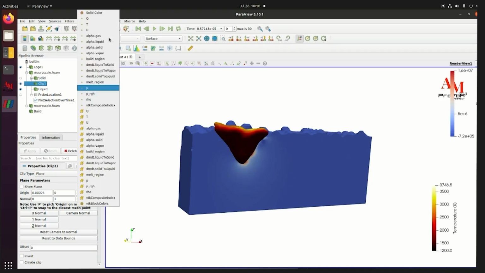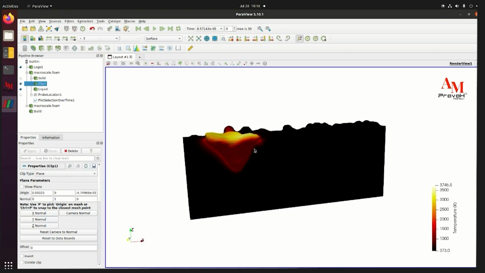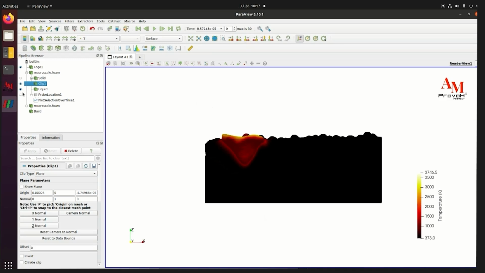Okay, so the pressure is given, which is not important here. So let's take the temperature. So we can see that very high temperature is here. So this is the starting of the melt pool formation. So temperature is from like 373, that is the room temperature, to 3746. At certain points, not all points, the highest temperature will be found. And yeah, so now